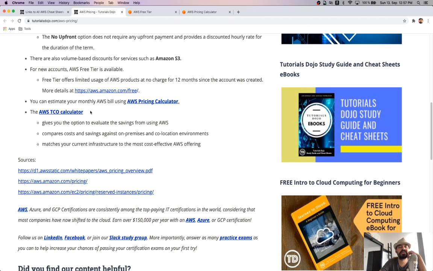And there's something called the pricing calculator, also called the TCO calculator, or total cost of ownership. And this is very important to people who want to migrate their workload from on-premise, or want to lose their on-premise data center and go to AWS, but they're not sure what price they're going to pay for each and every service, or similar services which they are using in their on-premise. And this is very good.